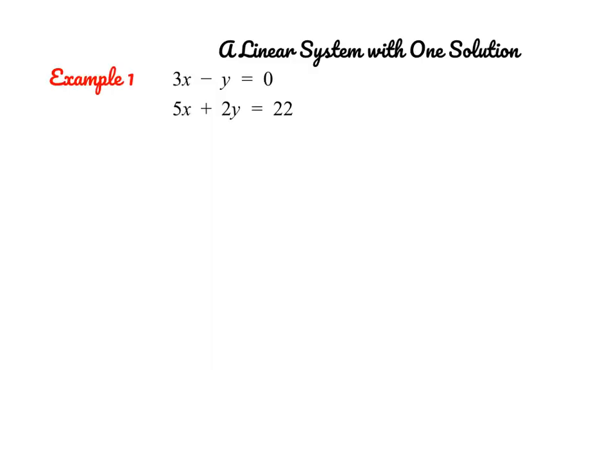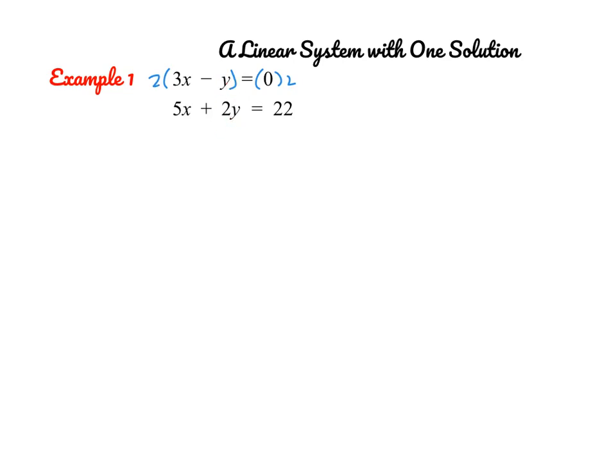Okay, so we're going to do a really quick example for a system with one solution because we just did a full video on how to solve a system of two equations. So just a really quick review. There are lots of different options we have to solve this. Maybe you want to use the elimination method. So I'm going to multiply our top equation by 2 on each side,